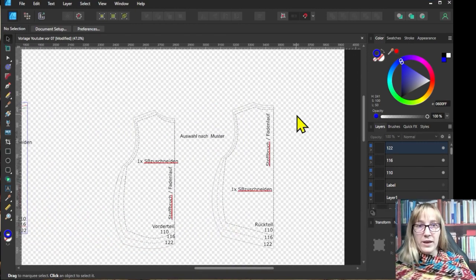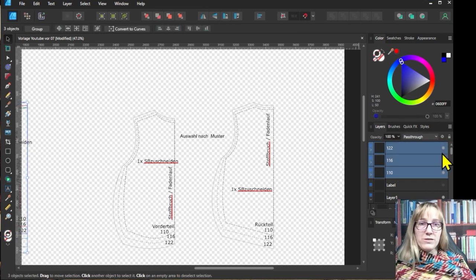If you have a pattern where all lines have the same color, for example black, but different patterns, there is unfortunately no way to filter them out in Affinity Designer. In Inkscape there is this function, therefore one possibility would be to make the division into layers in Inkscape and then open the SVG with Affinity to continue working. If you want to do it in Affinity, you can just select the individual objects or lines and manually put them into the size layers.